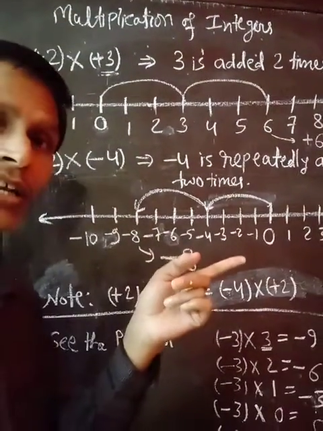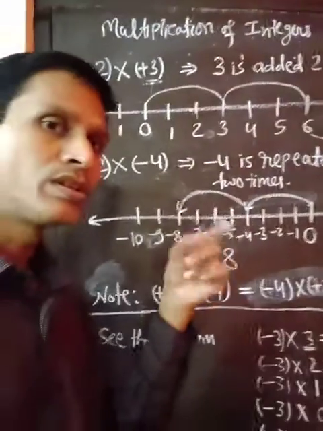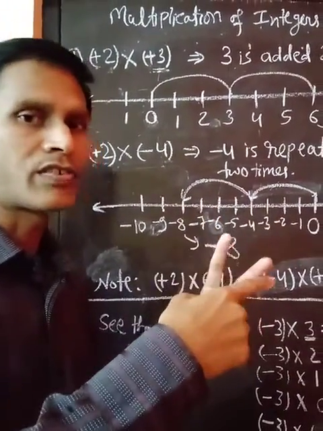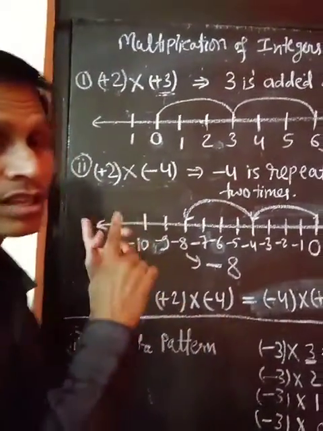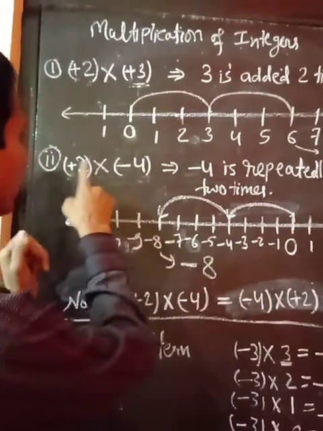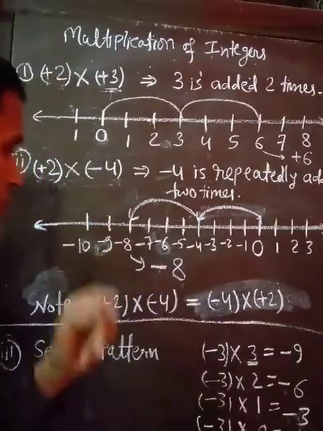But this was not so in addition. In addition, you remember what the rule was? When we add two numbers and the signs are different, we subtract each other and put the sign of the bigger number. So this is different. Here we will multiply, and one negative, one positive means our result will always be negative.